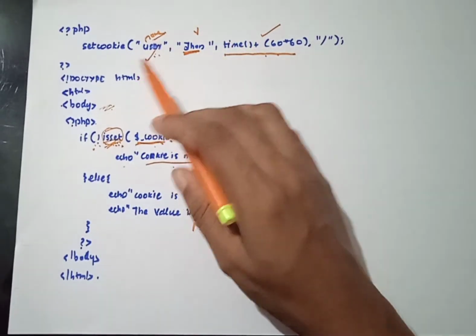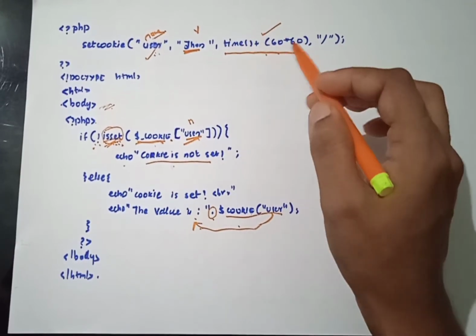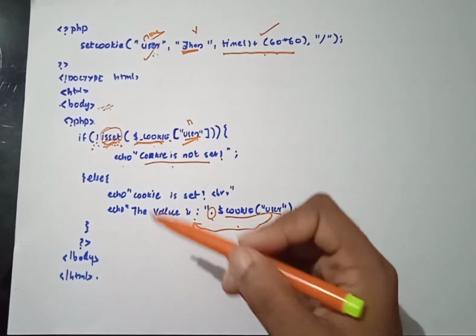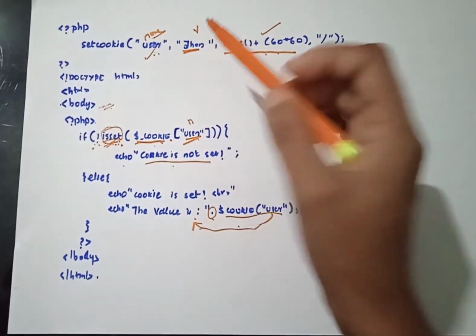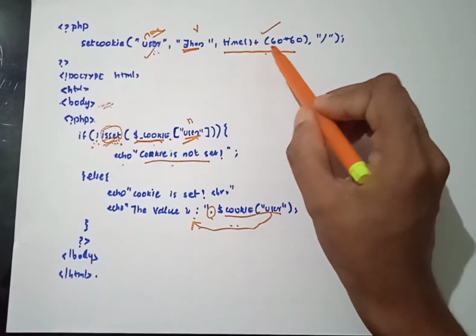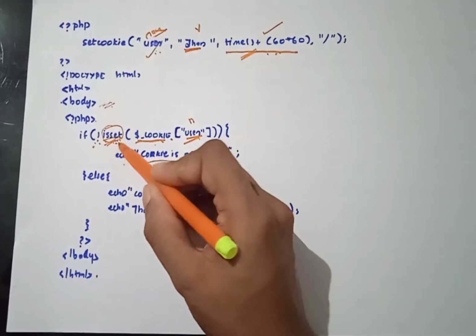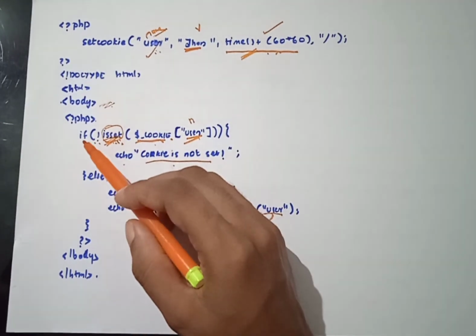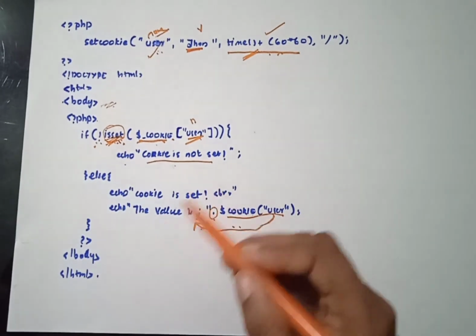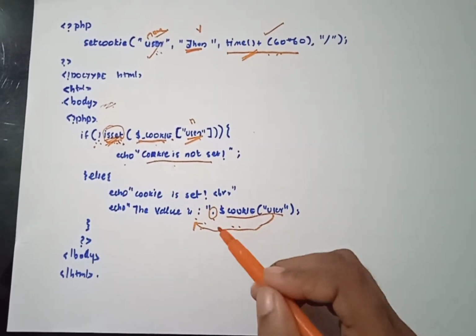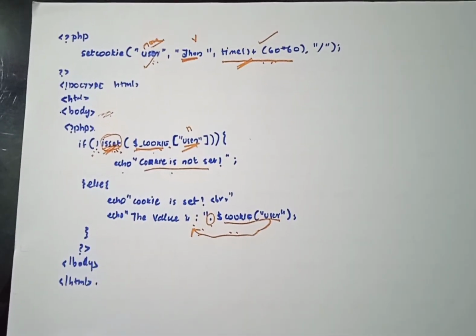Then you can change these attributes and come back to this function to check where you have to make changes. So this is the way you can create a cookie. It should have a name as a mandatory field, it should contain a value, then only you can output it properly, and it should have a valid time. Then you can use this isset, mainly this one, and you can use these if else conditions to check whether the cookie is set, and if it is okay, then you output the value, or you view what that cookie says. So this is all about the cookie. Thank you.